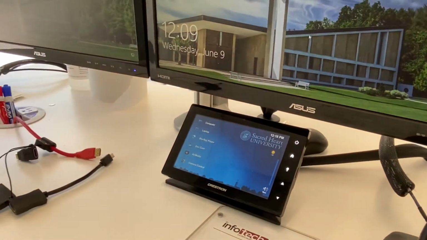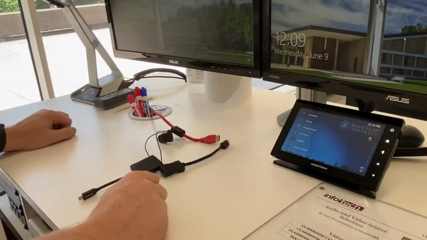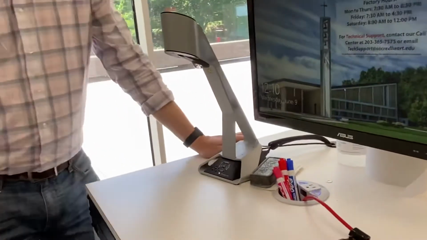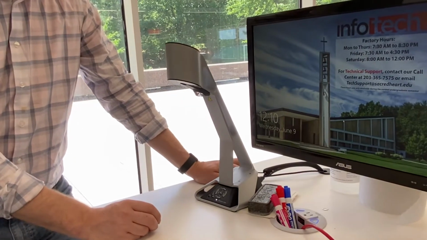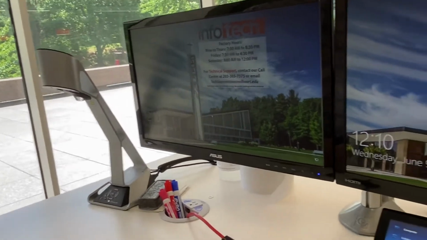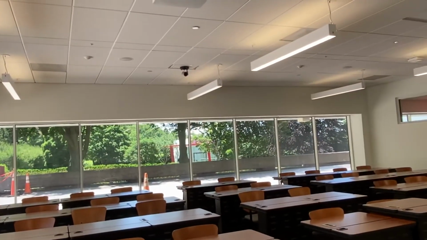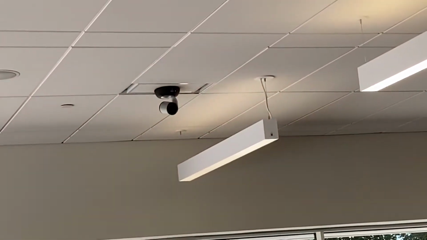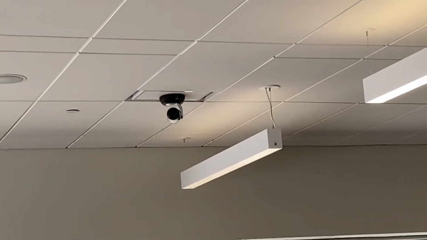We have a Blu-ray player in-house, down here, that allows you to play videos if you need to. There's a doc cam, one of those nicer doc cams that allows you to zoom, focus, pan, and change the brightness and the contrast and all that. So you could project from the doc cam, and then of course we have a camera up there, and we can control the camera from the podium. You can pan, you can zoom, you can tilt,